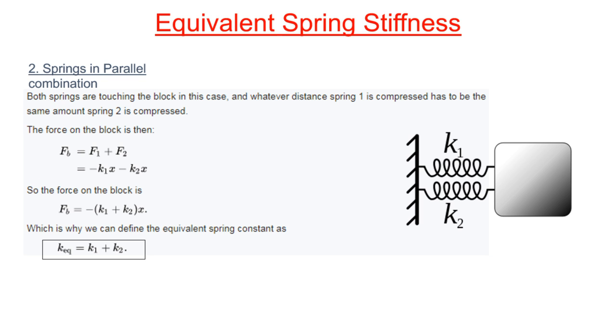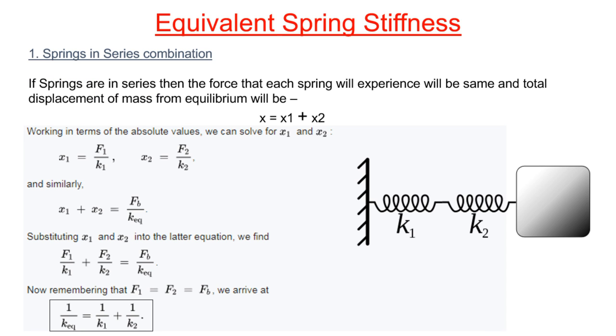Sorry, their displacement will be same, but force will be distributed in this parallel condition. Now, consider a series condition in which x is equal to x1 plus x2. We will derive something to find out the equivalent spring stiffness for springs in series. Now, x is equal to, if suppose you are going to find the spring stiffness, then you are knowing that